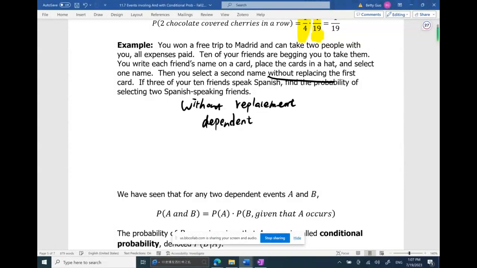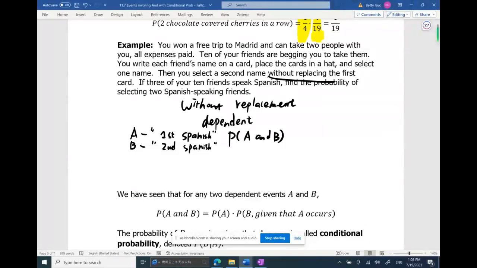Then you select the second name without replacing the first card. If 3 of your 10 friends speak Spanish, find the probability of selecting 2 Spanish-speaking friends. Okay, so A is the first time we get a Spanish-speaking friend. B is the second time you select a Spanish-speaking friend. All right, so we are looking for the probability of A and B, and we are going to think